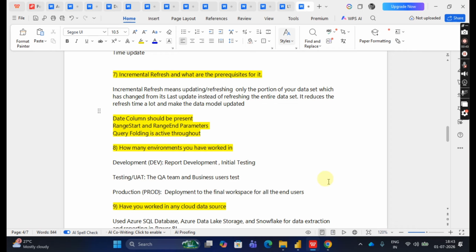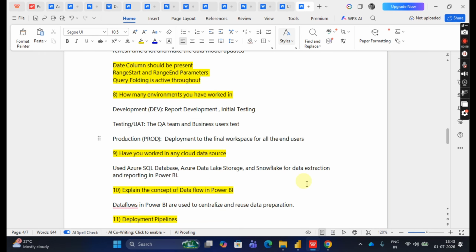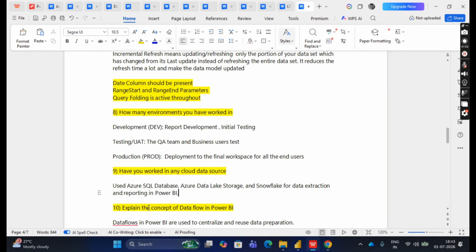Okay, so in the testing environment, the QA team or the business users validated your reports. They checked the calculations and they verified whether the business requirements are working properly in your reports. Okay, so in the production environment, after getting approval from the business users, you deployed your reports to the production workspace. Okay, you configured the scheduled refresh, you monitored the data refresh failures, and you provided post deployment support for your dashboards and reports. Okay,